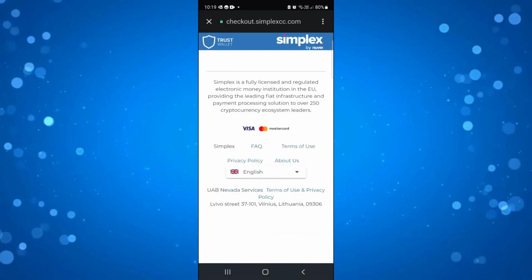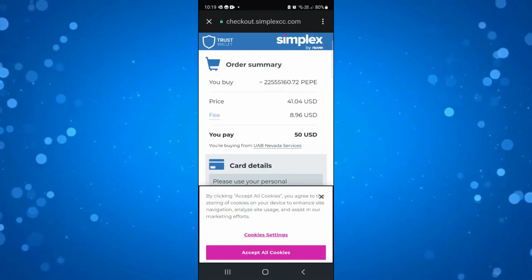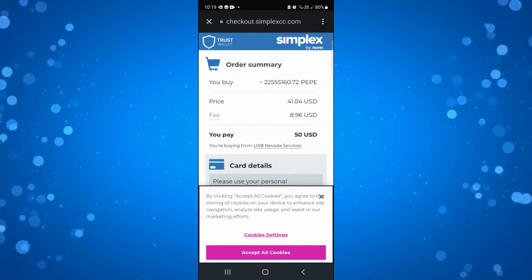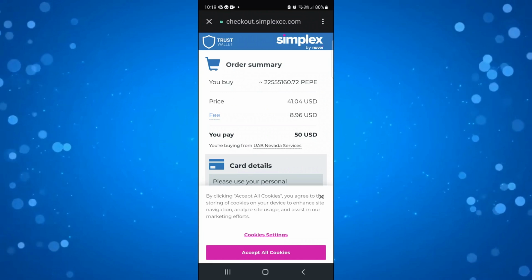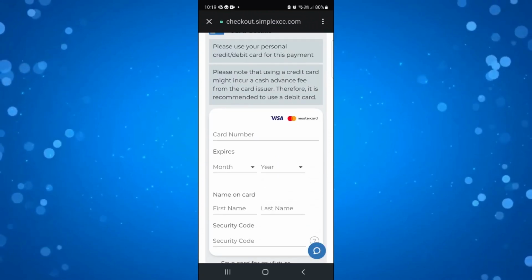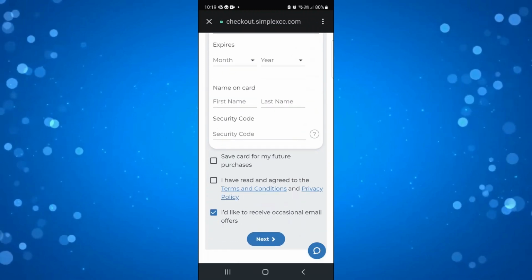What it's going to do is now take you across to the exchange and you're going to see details of the transaction. So it's going to say how much PEPE you're going to get for your price and any associated fees. So once that's done, all you want to do is pop your card details into here